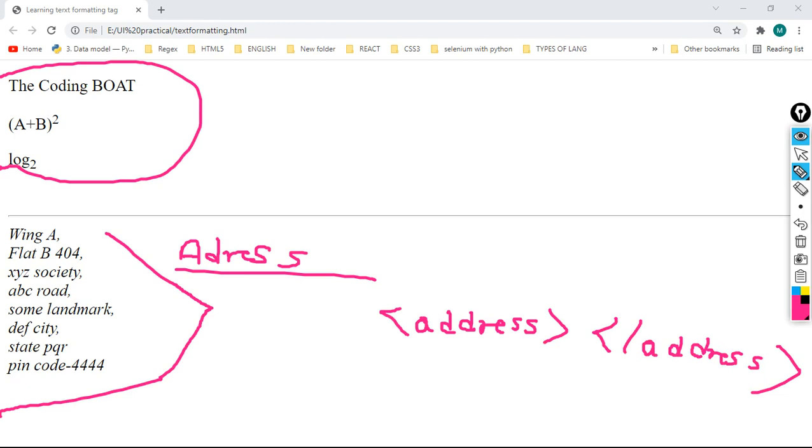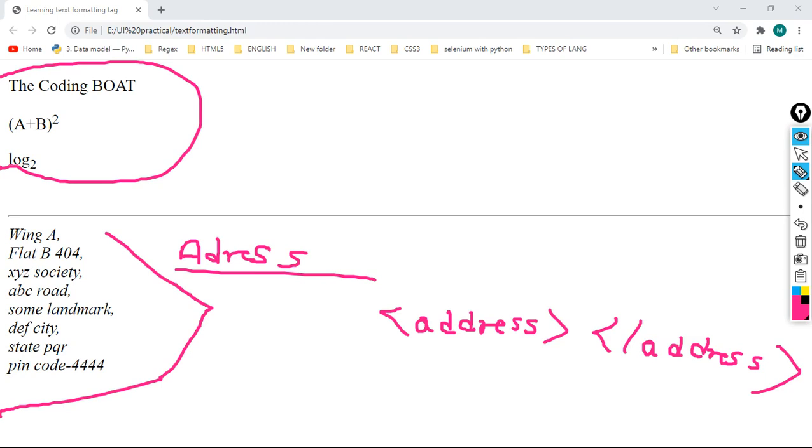Correct. So in this way today we have learned that with the help of text formatting tags we can express the importance of a particular text, or we can control the behavior of that text.